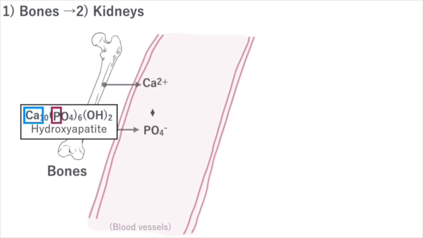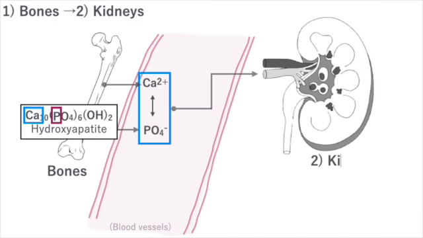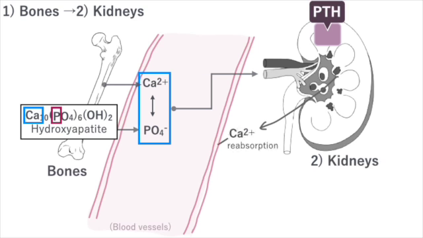Calcium interacts with phosphorus in many ways in the body. High calcium intake inhibits phosphorus uptake from the gut, and a high phosphorus intake may decrease the absorption of calcium. Thus, the ion product of calcium and phosphorus in our bodies is kept constant. The kidneys regulate this balance. PTH increases blood calcium levels by promoting the reabsorption of calcium in the kidneys. Conversely, it lowers blood phosphorus levels by promoting phosphorus excretion in the urine.